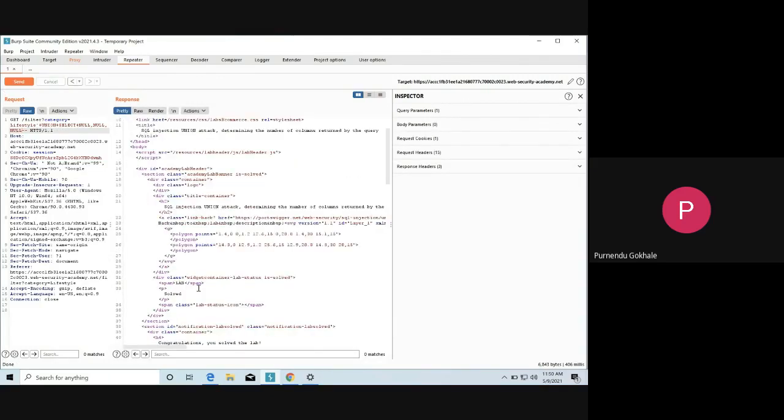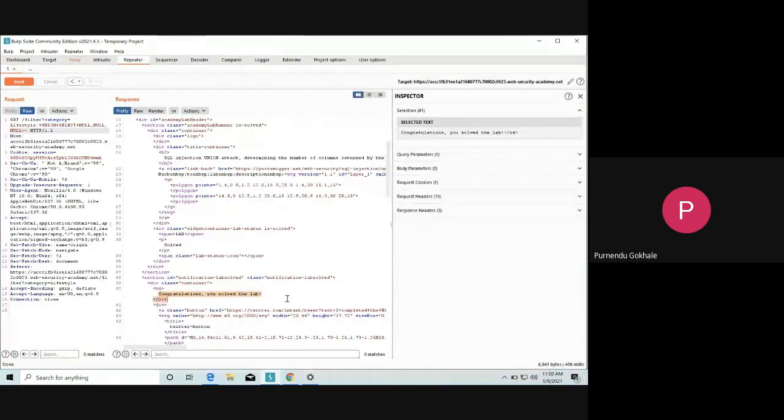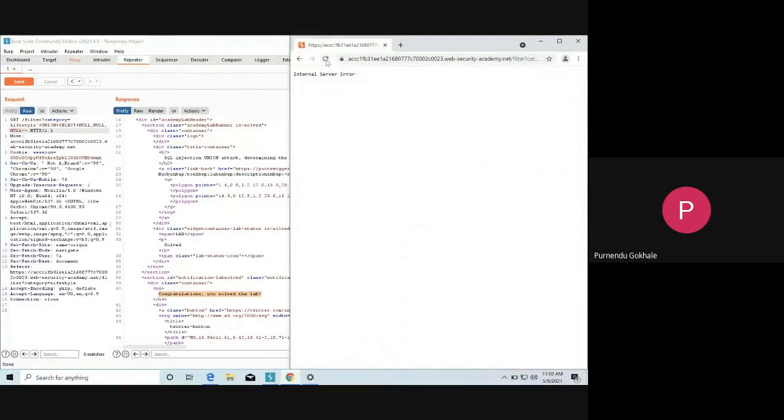So this is it. You can also show in the browser what it's showing. It's an internal server error page. Why? Because we are not sending this to the browser itself; we are seeing the responses in Burp Suite. If we need to see the response in the browser, what we have done twice or thrice is go to the proxy, set it, and then it was giving an internal server error.